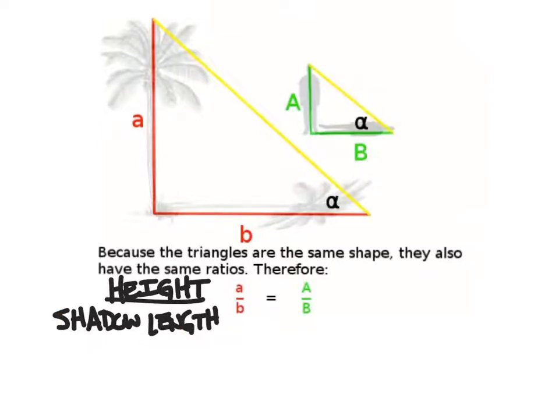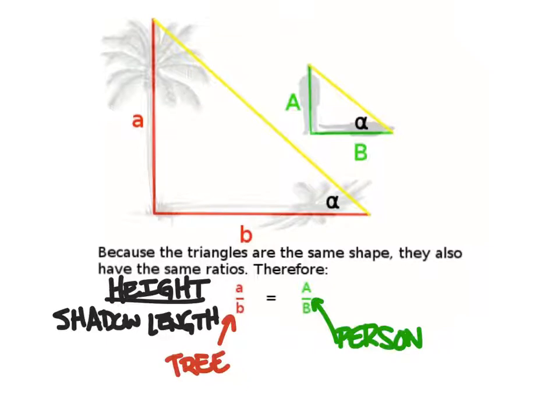And then we compare the two fractions, like this red one right here. This is from the height of the tree, and this is being compared to the height of the person. Now, as ratios, they're the same